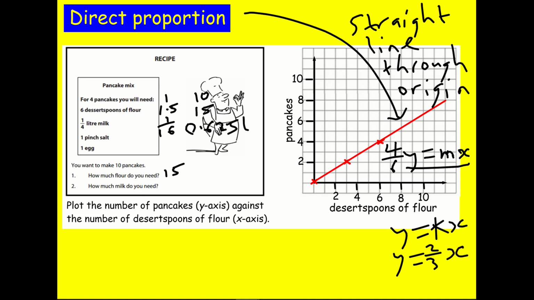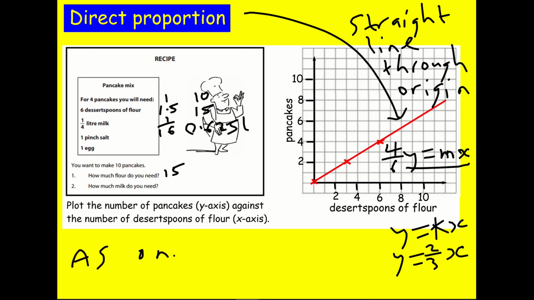One other thing to say for direct proportion is as one doubles, the other doubles. So like I did here, as one halves, the other one halves. If I've got 3 dessert spoons of flour, I get 2 pancakes. If I double that, I get back to my 6 and 4. If I double again, it'd be 12 and 8. That makes sense as a recipe, doesn't it? You can't double the amount of flour and suddenly make loads more pancakes, and you're not just going to make one more. So that'll be another thing to write down as